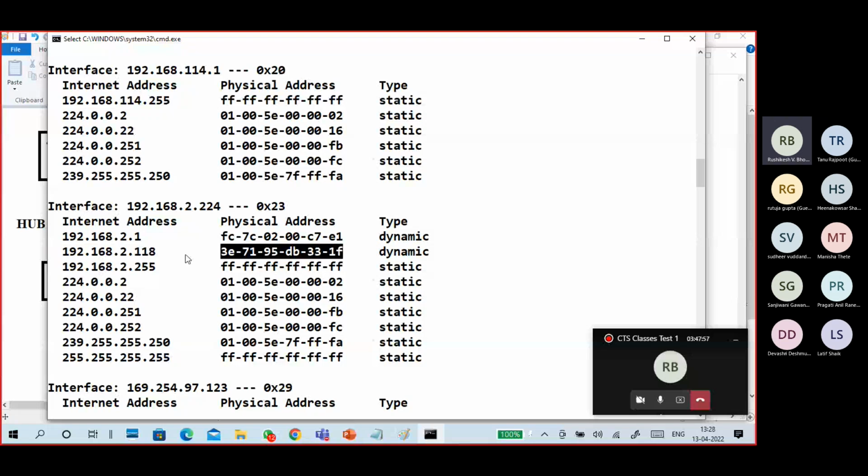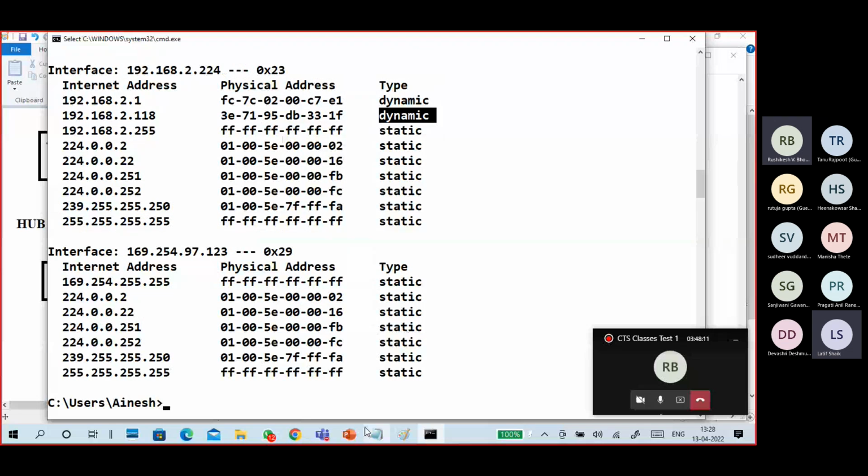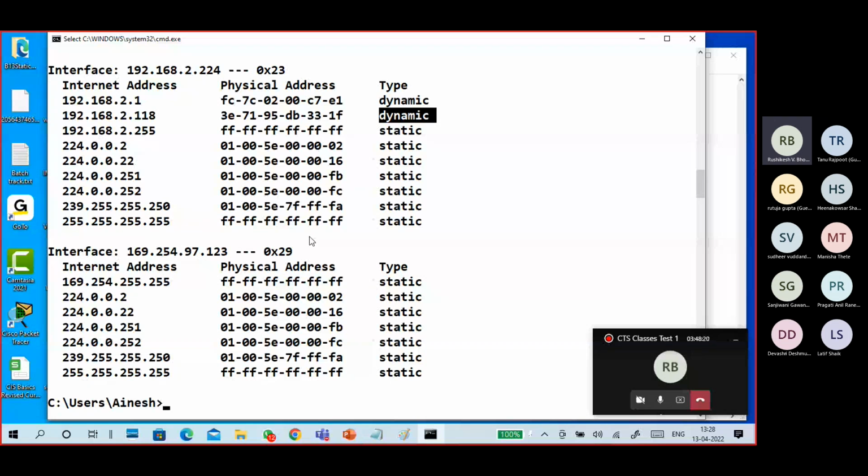So that is ARP. Of course, you see it is dynamic and static. Dynamic means it automatically learns from communication. Whenever you are communicating from one system to another, the system will understand when you receive a packet, so you get the MAC address of the other PC. When you receive a packet from A, you know A's MAC address. That's important. This is Address Resolution Protocol.